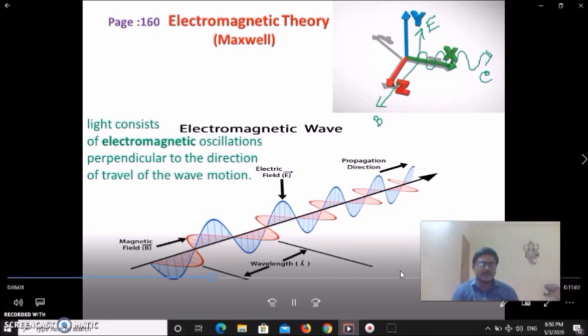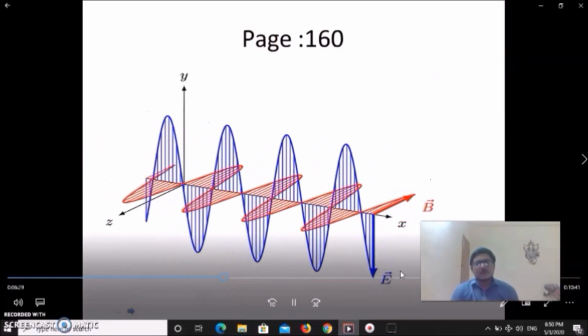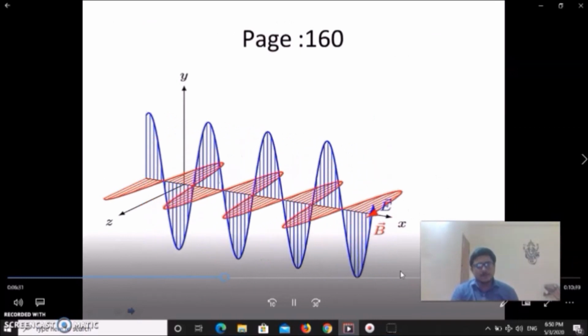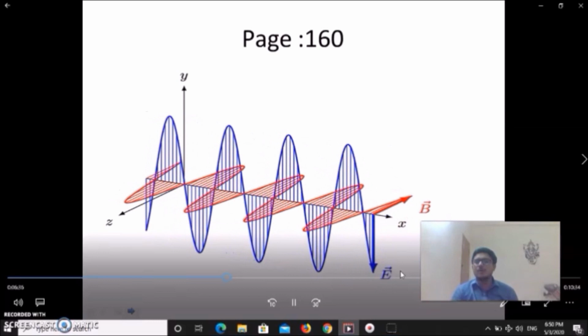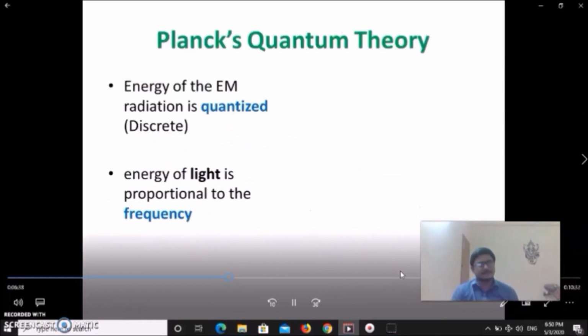For better understanding, we can take the help of the next picture also. Suppose this represents our B magnetic field and that represents the electric field. So light will be towards the x-axis. So this type of theory was given. Later we will learn in detail. This picture may help your understanding of electric and magnetic fields and how they produce light.